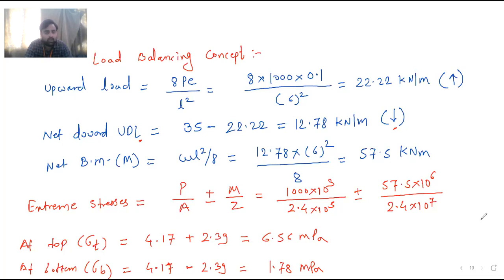In the first 1 hour I will tell you what different losses occur in pre-stress concrete, and then I will tell you the formulas. It is a very easy topic. This next topic is easier than this one. Here you just need to know the types of losses, and there are some formulas for those losses. Just put the values in the formula and get the answer. Only one type of question is asked in that unit, and that type of question we will take tomorrow itself. So tomorrow don't miss the lecture.